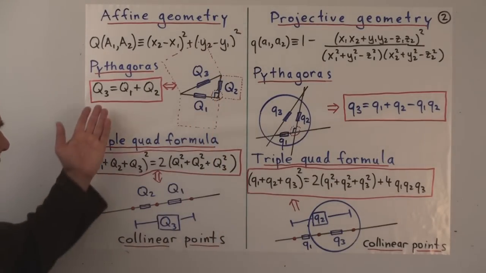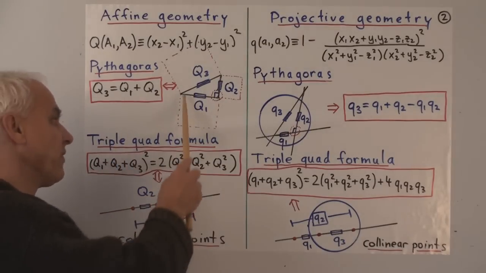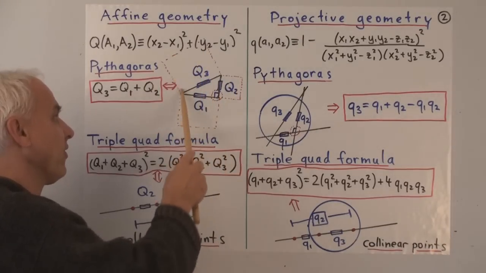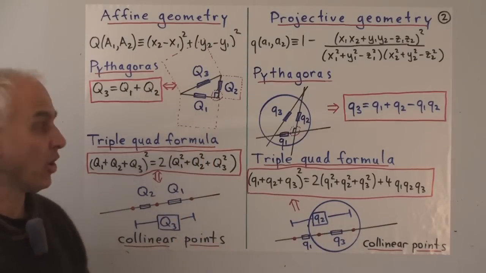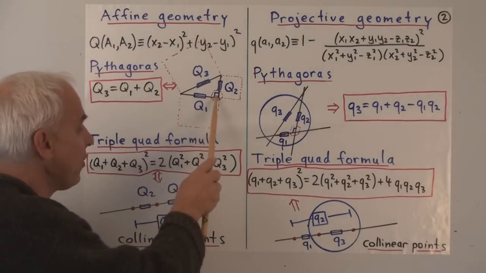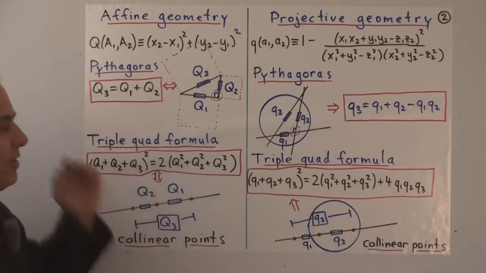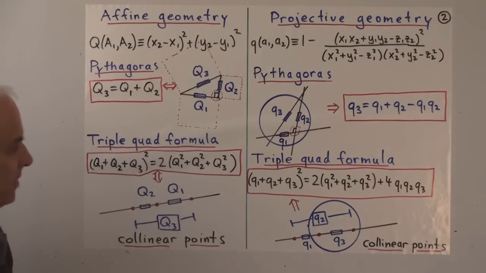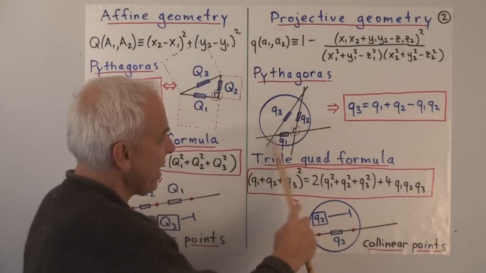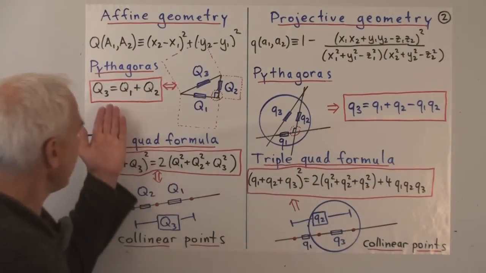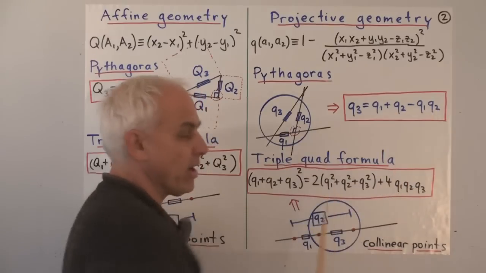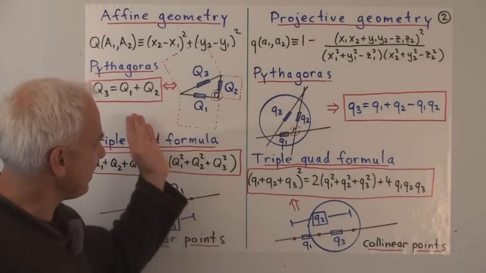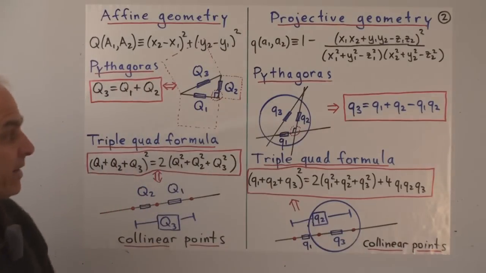And I remind you that in the Euclidean case, the interpretation of that is really as areas of squares. Each of these quadrances is naturally interpreted as the area of the square built on the side of the corresponding triangle. That's how Euclid thought about Pythagoras. In the hyperbolic setting, Pythagoras' theorem had this form, which was a deformation of this one: Q3 equals Q1 plus Q2 minus Q1 Q2. So it's being deformed a little bit by adding this quadratic term to the end.